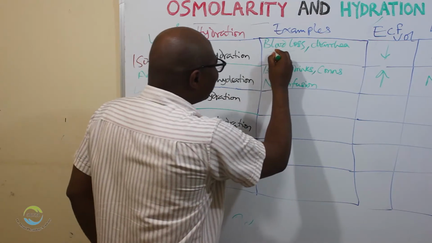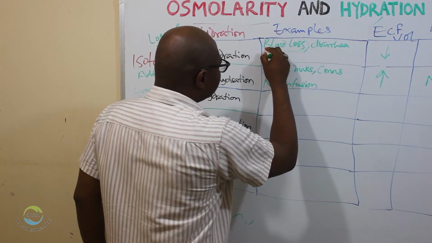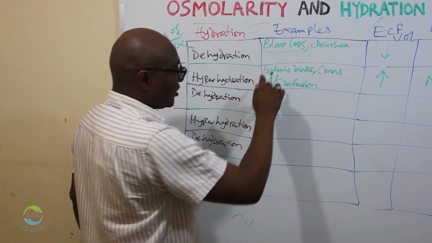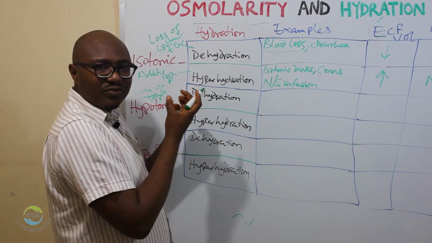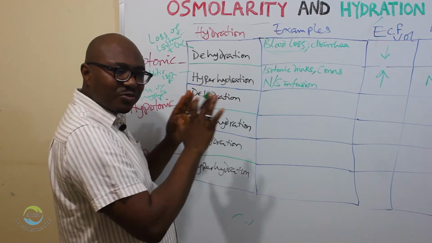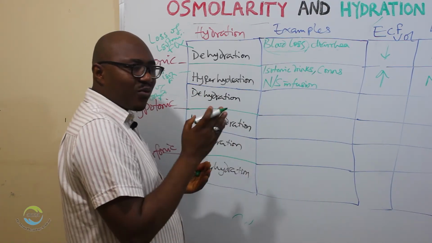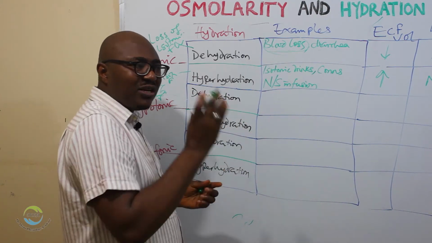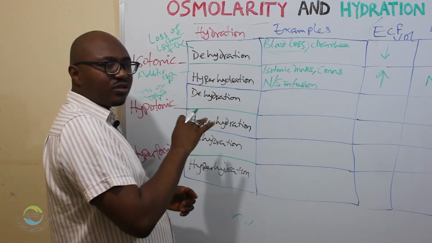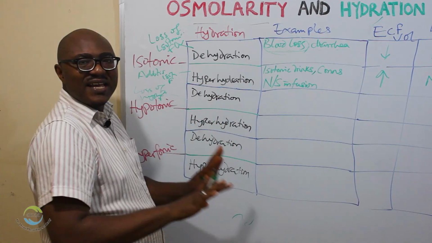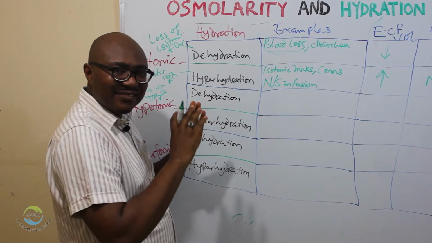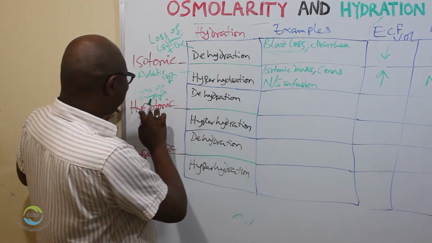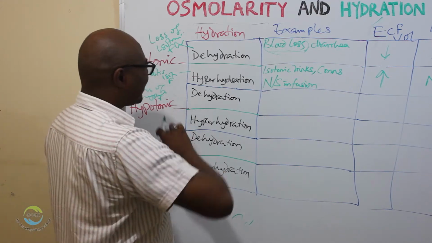Especially with blood loss, it will cause a reduction in the blood volume, but the osmolarity remains the same. So you now take water, but you don't take enough water. The little water you have taken dilutes your blood, but you are still dehydrated. You understand? You are still dehydrated. So it now causes hypotonic